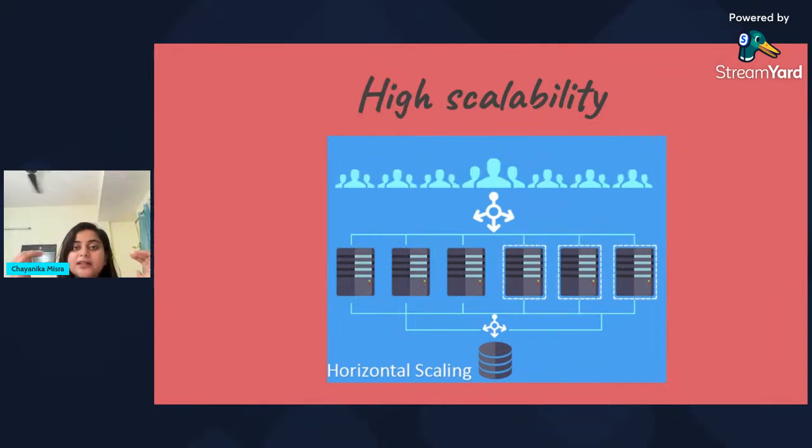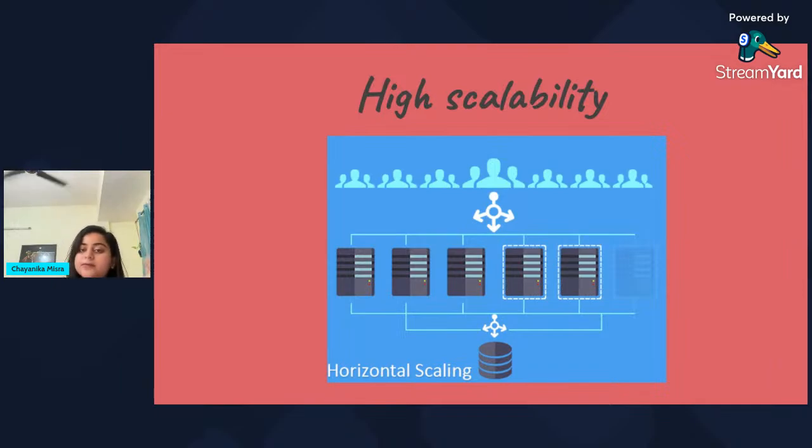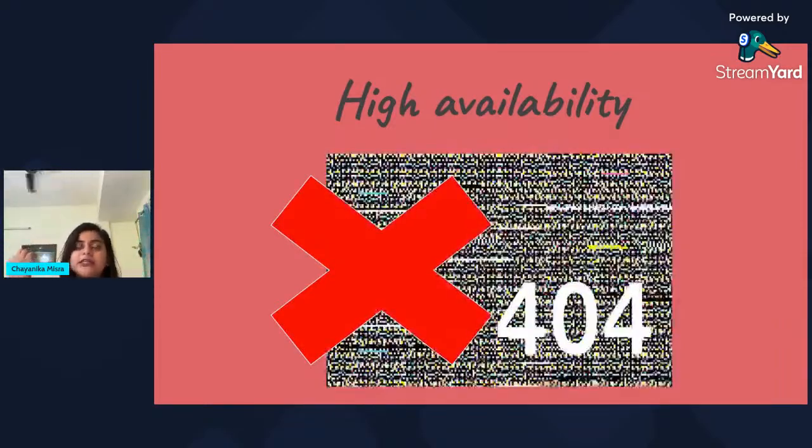It should not happen that customers are coming and the pages are not loading. That's not acceptable to any customer in today's day and age. So high scalability becomes an important criterion. Now comes high availability. When I talked about how e-commerces are continuously trying to bring in more customers to